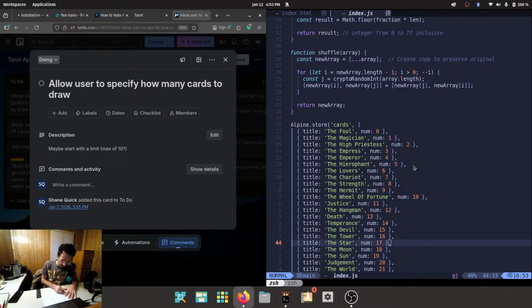So say input that accepts numbers 1 to 10. So we'll have some data validation on that input. So I'll put validate in parentheses here. And then what will happen is we will